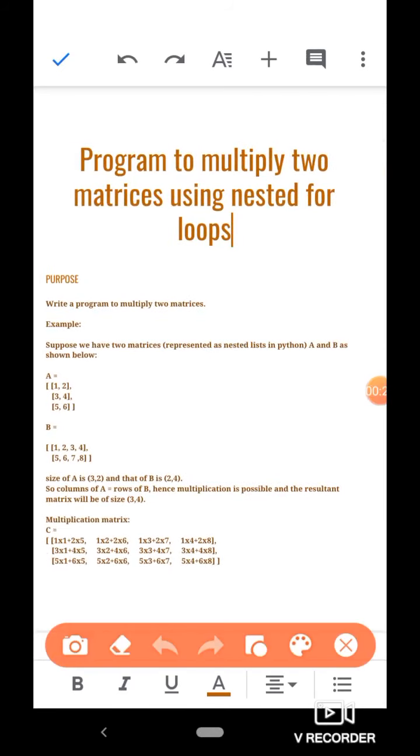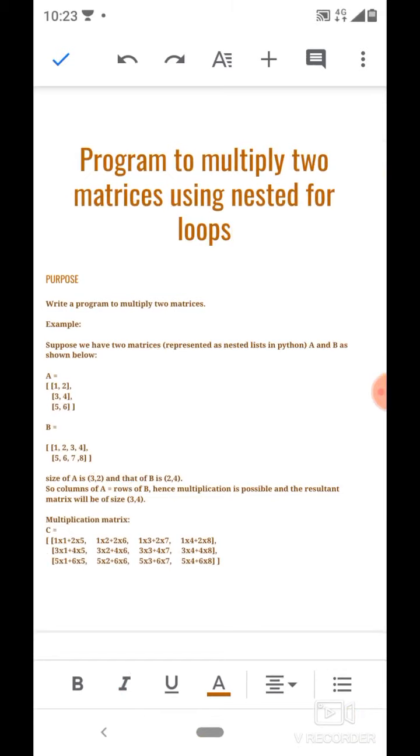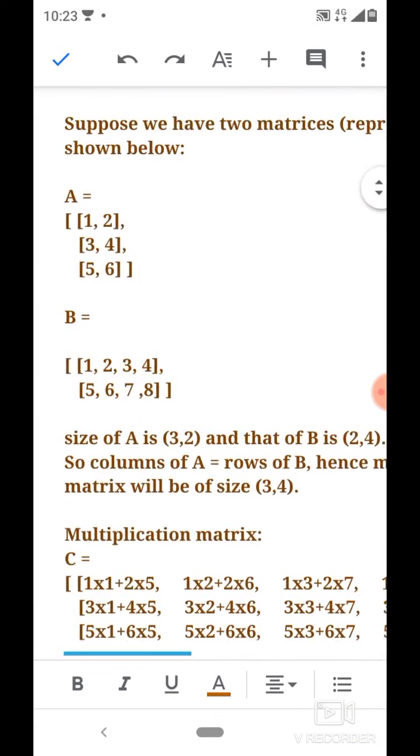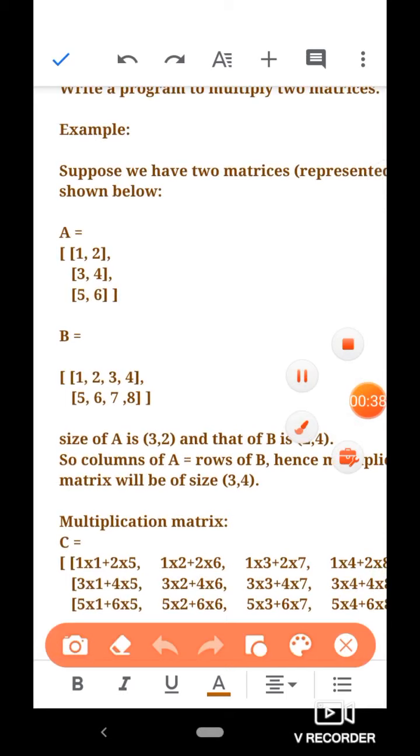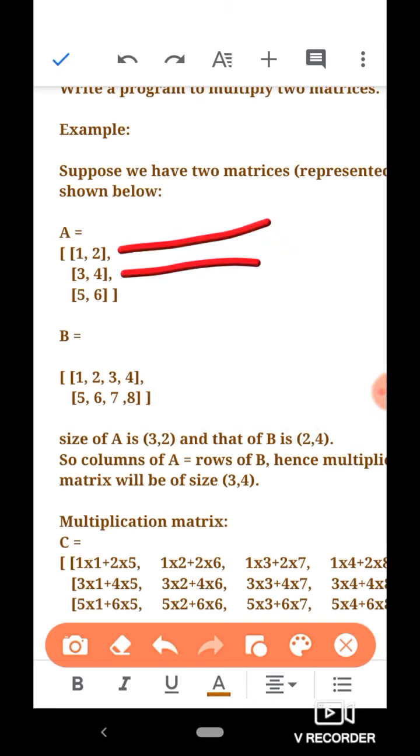Okay, look at this matrix A and this matrix B. We are representing these matrices as nested lists. A matrix has a certain number of rows. So, those rows are represented by the inner lists of the main list, and the items are represented by the items of the inner list. Okay, so we are representing matrices using nested lists of Python.